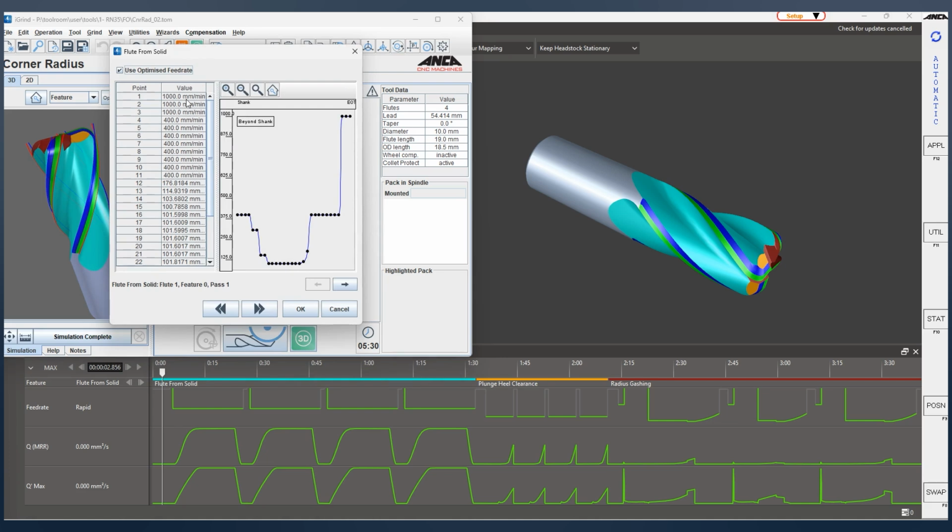So we put a maximum air grinding feed rate of 1000, maximum feed rate of 400, and as it approaches, when the material removal rate is low, it's going at a much higher feed rate, and then as it comes into the floats, it's coming at much slower feed rates, and then as it's exiting the tool, it's going out at a higher feed rate because the material removal is less, and then it is actually going at the maximum feed rate. And this is exactly how from the end of tool you are coming in and then you are dropping it, and then this is how the feed rate is optimized, and this is where we get the cycle time from.